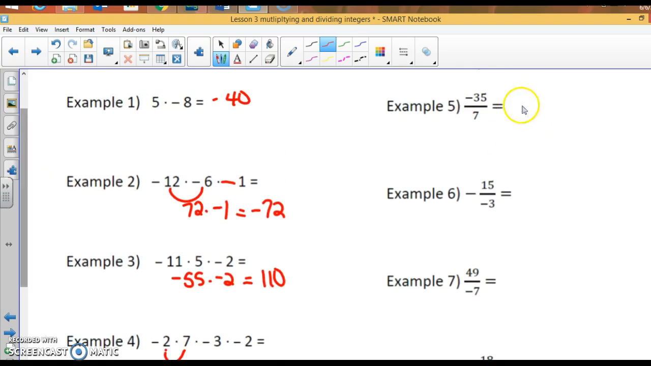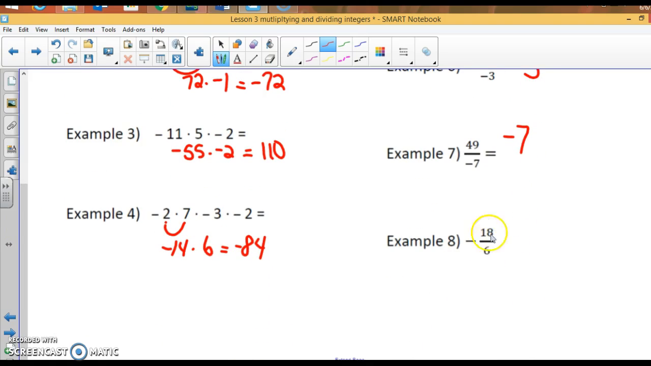Negative 35 divided by 7 is negative 5. Negative 15 divided by negative 3 is positive 5. 49 divided by negative 7 is negative 7. This, I would attach this negative to the numerator, so negative 18 divided by 6 is negative 3. If they are the same, the answer is positive. If they are different, it is